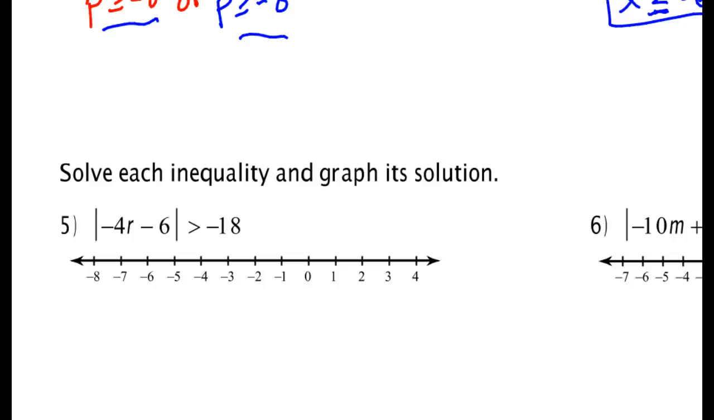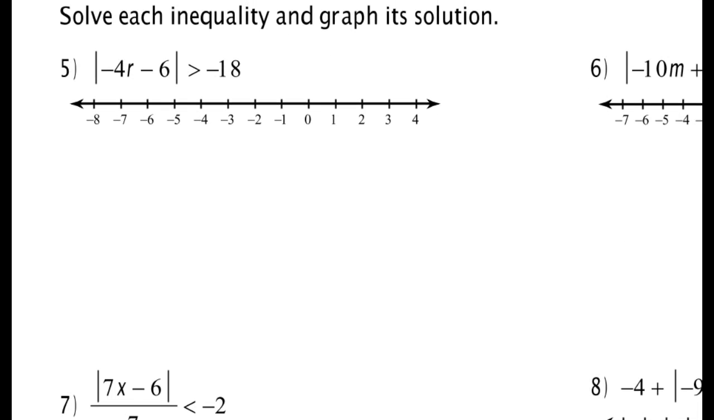Anybody want to take a guess on number 5? Remember? It's what? No solution. Good. Why? Yeah, so this is saying what numbers are more than negative 18 away from something. You can't be more than negative 18 away from anything. That's impossible. So the idea that you have absolute value and then a negative doesn't make any sense